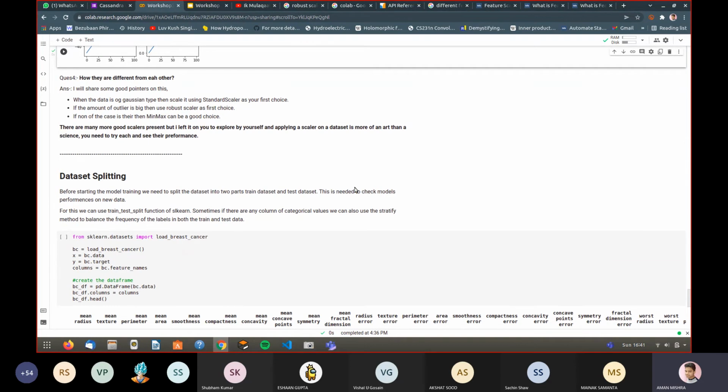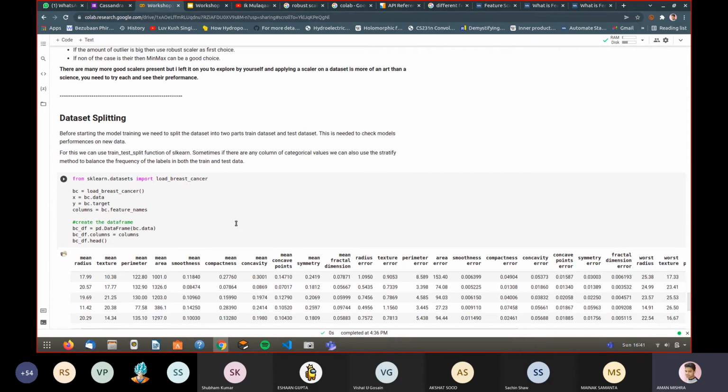That is dataset splitting. Suppose I am training a model. I have access to the training data on which I have to train, and there is a testing dataset which we will provide you. You will have to submit your result on that test data, and you will not have access to the results of that test data.